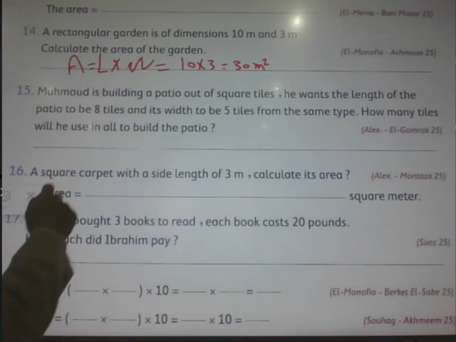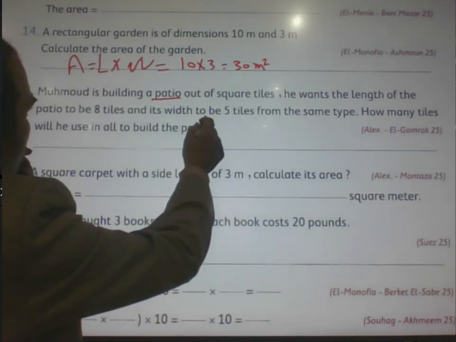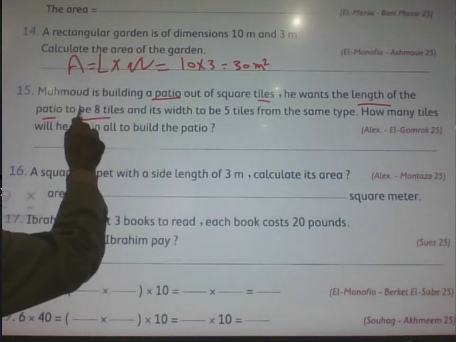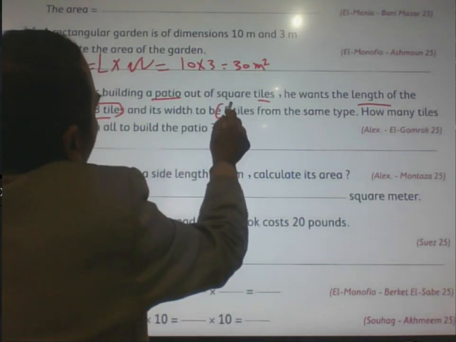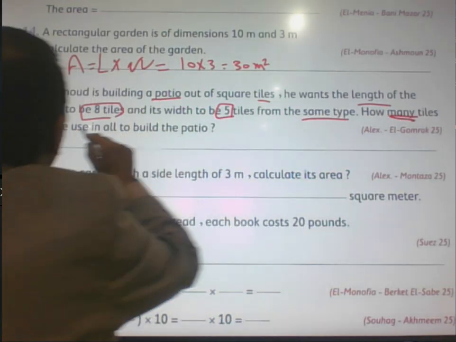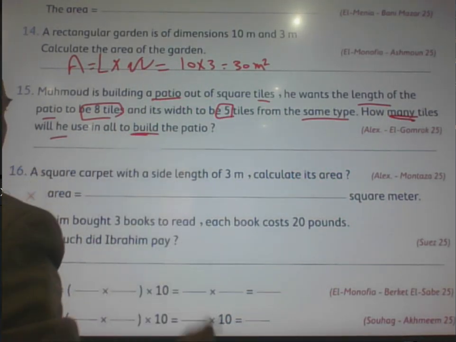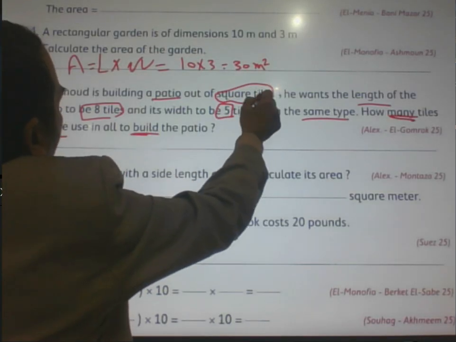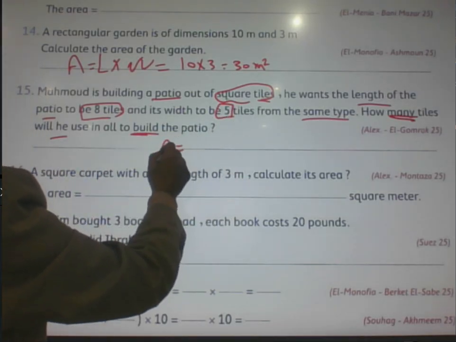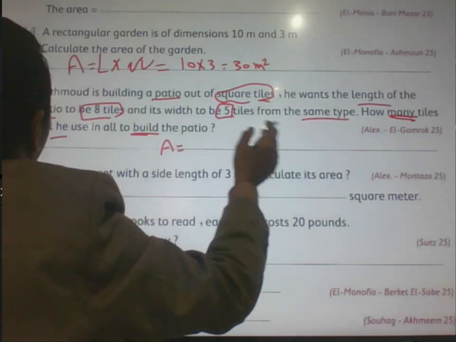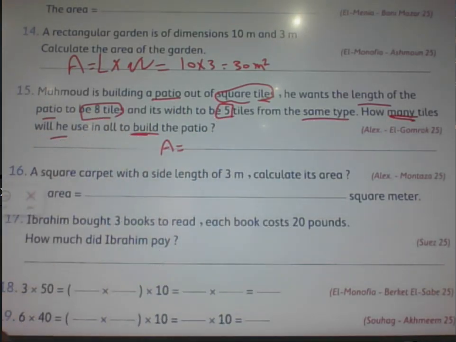Number 15, Muhammad is building a floor out of square tiles. He wants the length of the floor to be 8 tiles and the width 5, from the same type. How many tiles will he use in all to build the floor? We can find the area here. Okay, he asked about square tiles. You can find the area to find the number of tiles he will need to use